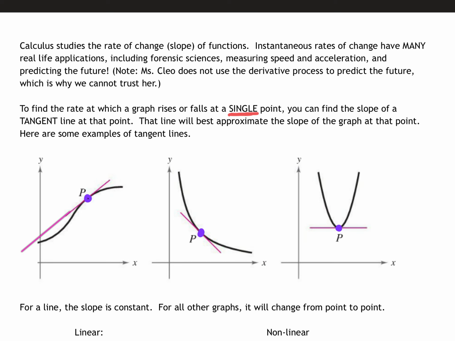What I want you to notice is that our tangent lines don't do this. That is not a tangent line. That is intersecting the function, right? It's going through the function. What we want is something that just touches the outside of the function. Skips off. Imagine skipping rocks on a pond, how the rock just kind of skips off the top of the pond. Same kind of thing. Okay, so